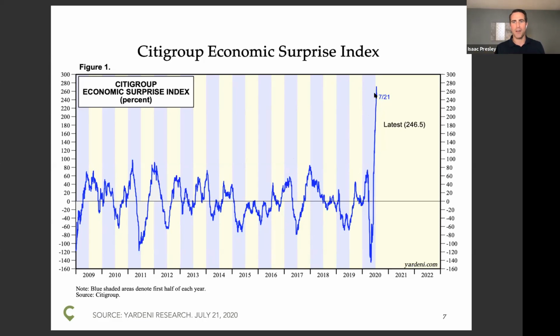beating expectations by less than it was previously. Now, it's obviously still very high, but as the bar continues to get higher in terms of what the expectations are, it's going to be harder and harder to beat. And as you can see with this data set, it does mean revert, or it is very cyclical. For a while, it's going to be beating, and then it's going to not beat. And that makes sense. As the bar gets higher, it becomes harder and harder to beat the expectation. So again, as of now, the economic data continues to come in better than expectations, which is part of what's